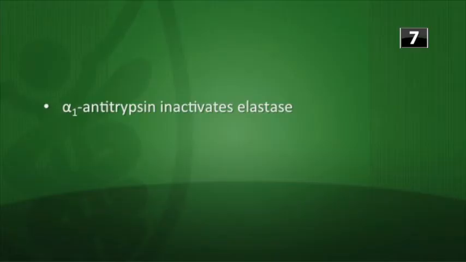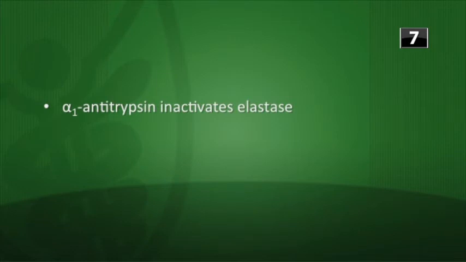So alpha-1 antitrypsin is an enzyme produced in the liver that protects the lungs from neutrophil elastase. Elastase is an enzyme that degrades elastin. So alpha-1 antitrypsin inactivates elastase. So when you have a genetic deficiency of alpha-1 antitrypsin, those neutrophils are just doing their job, but they end